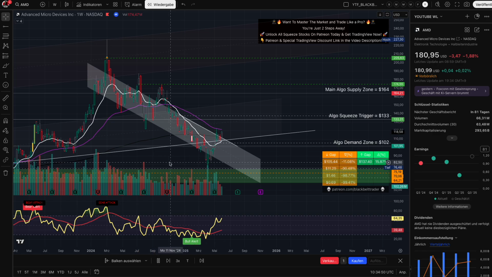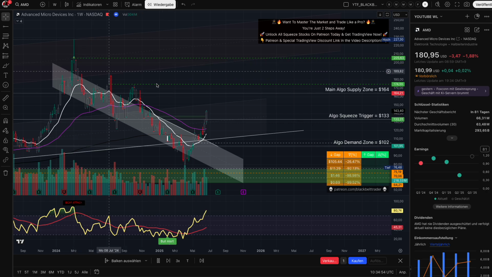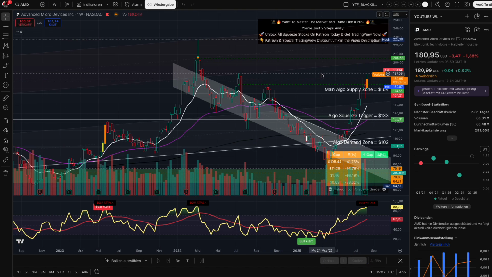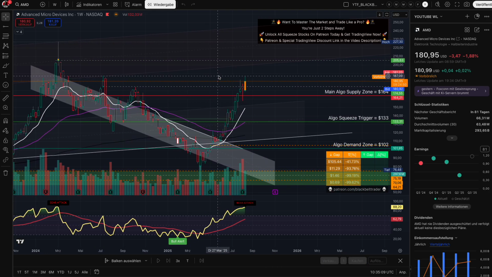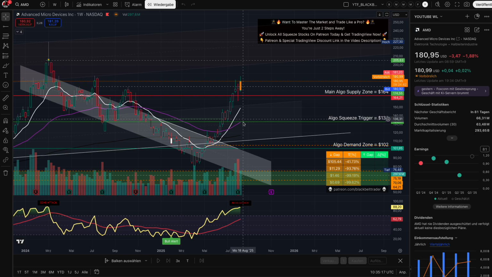Let's simulate now here with TradingView what is going on right now with AMD. So I press play and we watch carefully the price action. Focus here on this orange candle guys. We are here in the weekly chart. Support at our squeeze trigger level here, $133. Bearish resistance, we gapped up, came back, retest, looks good. And this is where we are right now guys. We have now here for the first time since March 2024 a bearish signal here in the indicator.